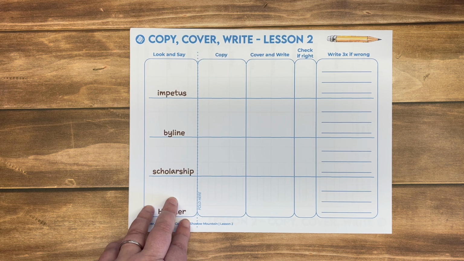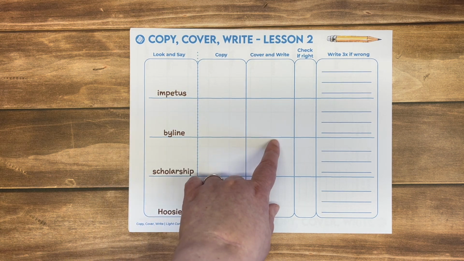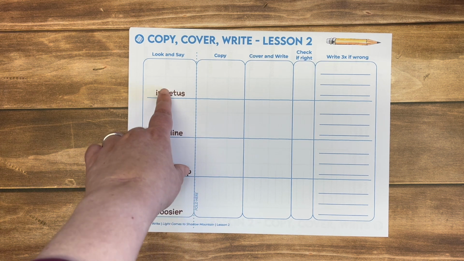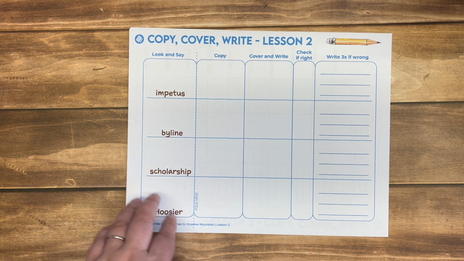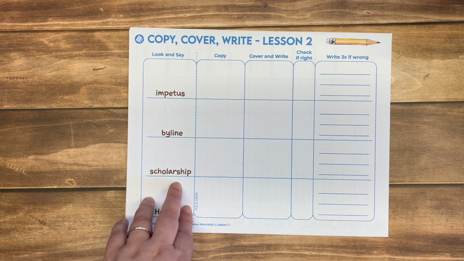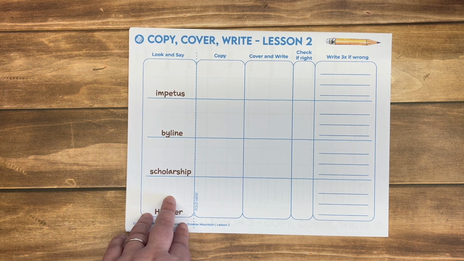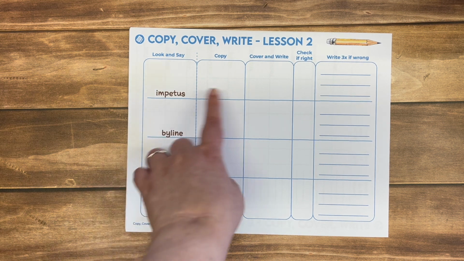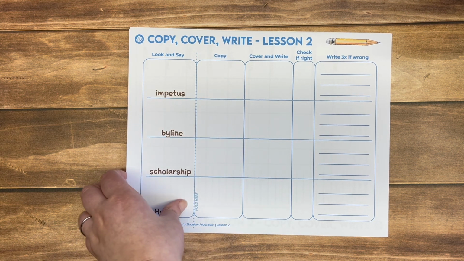For each lesson, we include this copy, cover, write section. What you'll do is you'll look and say the word. For some students, they might find using markings, breaking up syllables, or making special notes on these words when they look at it the first time helpful for completing the activity. So you'll look at the word. Then they're going to copy the word over into this space. Then